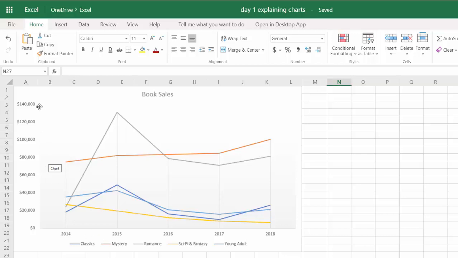Okay, here we have the amounts of money on the left, but on the bottom we have the years. So from 2014 to 2015, did sales go up? Well, yes, they did. You can see all of these lines are increasing. So sales went up. That's the year they spent a lot of money on advertising.